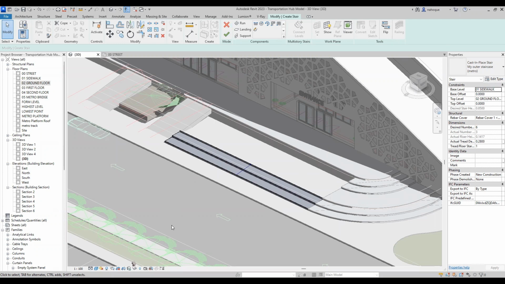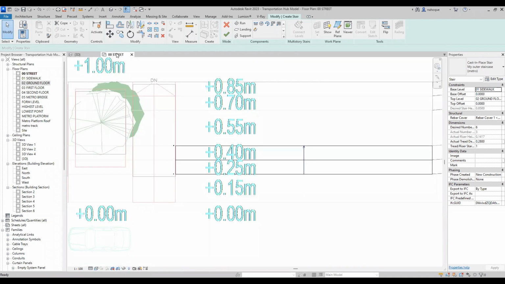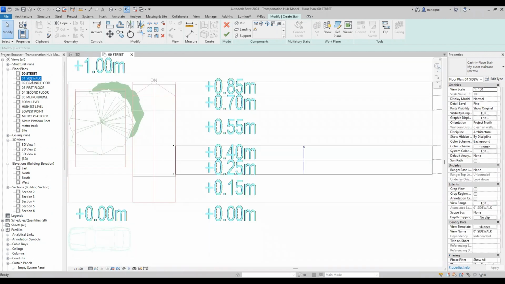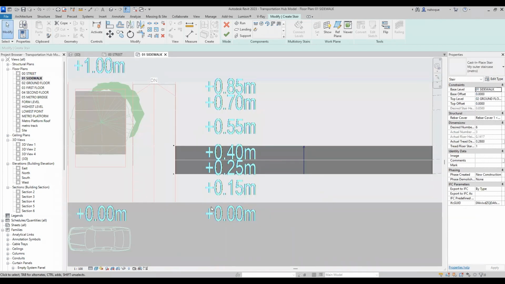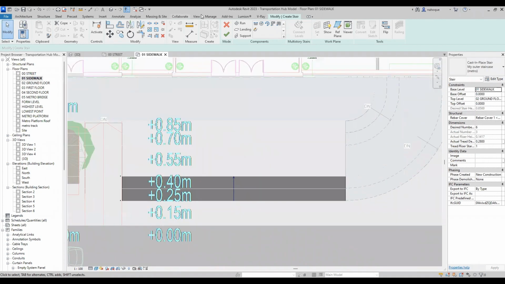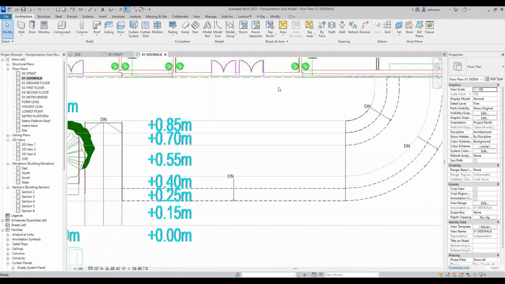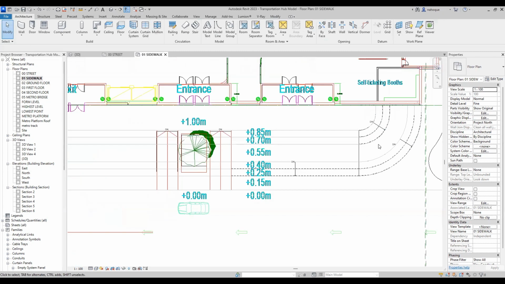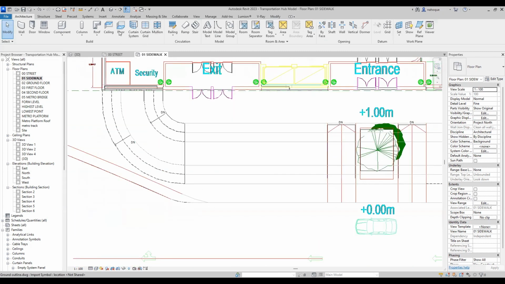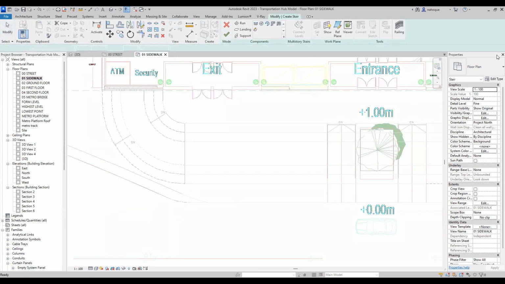Hello. I'm going to show how to draw the stairs, how to make the stairs on Revit. For that, you have to go to the proper level first, which for me is the sidewalk level. And then you have to make it hidden lines so you can see the AutoCAD file clearly. And then you go to Architecture, Stairs, and then you have